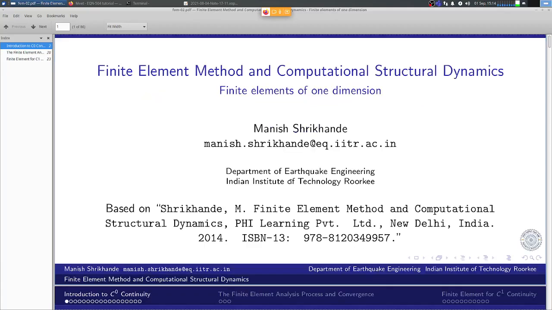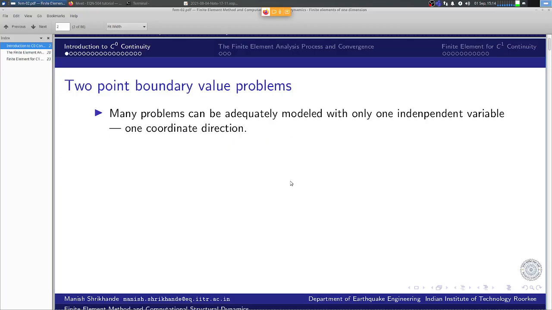So we start with two-point boundary value problems. So this has been our basic vehicle, the rod problem, axial deformation problem, or wave propagation problem, pile driving problem, or even the one-dimensional fluid flow through porous medium. So that is also described by the same equation, and torsion is also described by the same equation.